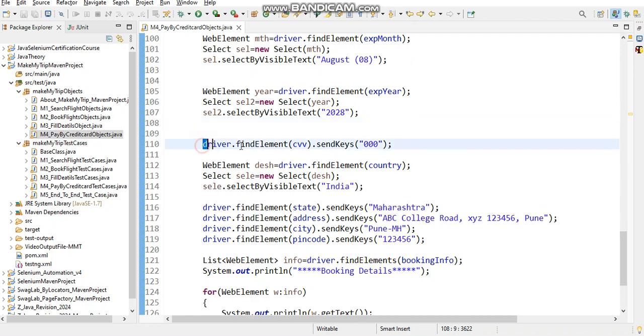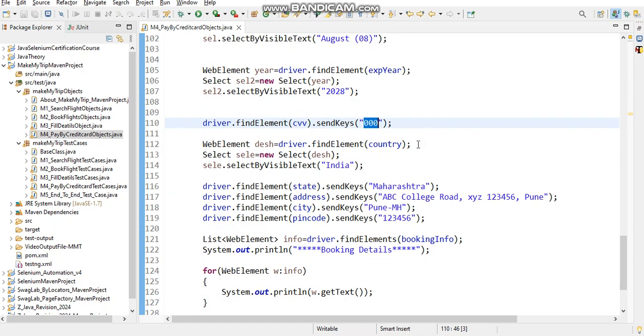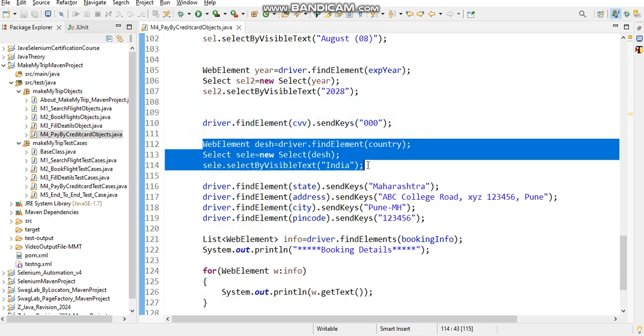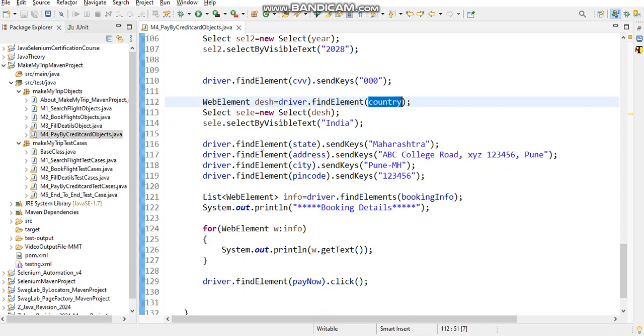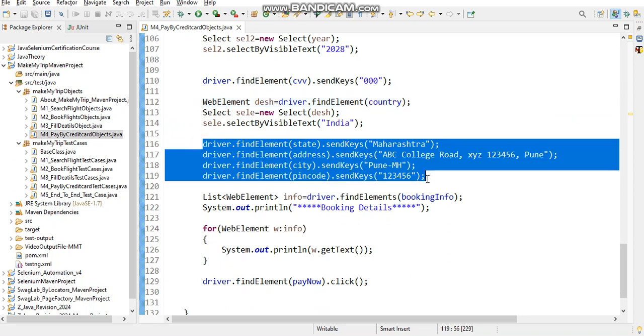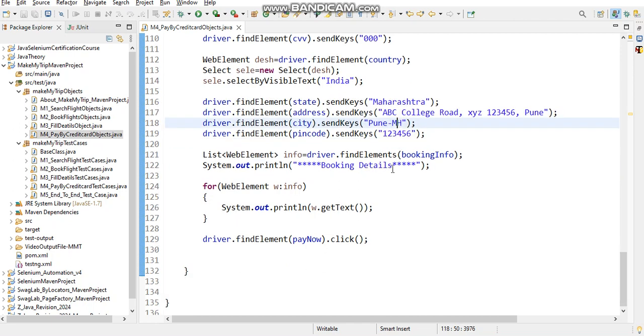And then I'm entering the CVV. Then here again I am automating the drop down using Select class. This is for the country tab, and these are for state, address, pin code, and